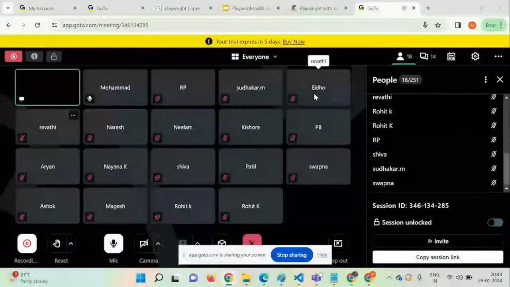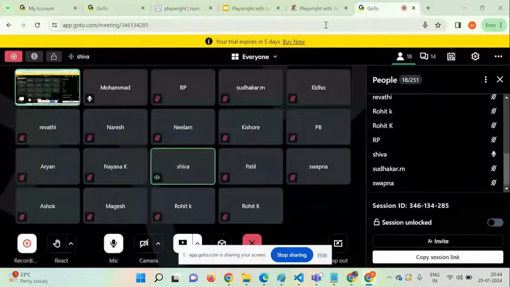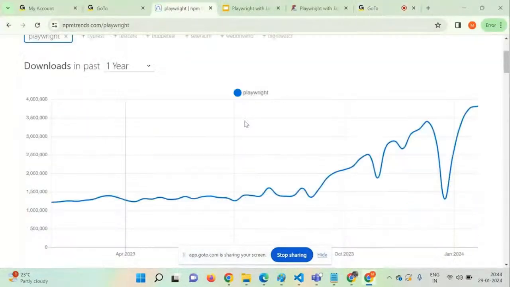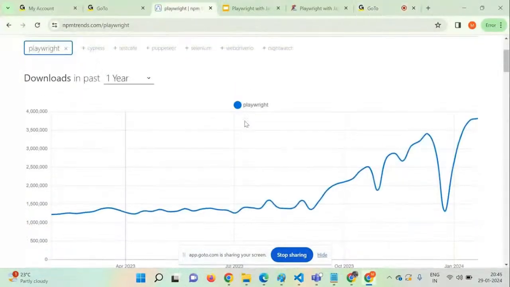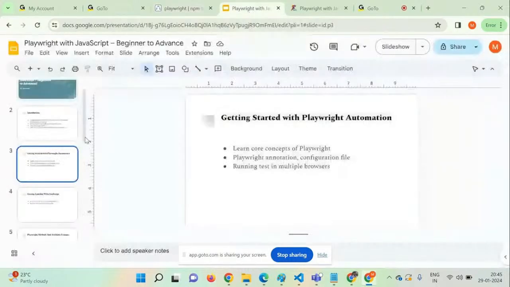Are you guys able to see my screen? Yes. Okay, thank you. So this is Playwright, the way it has been downloaded. In the last one year, this is the number of downloads. It's an npm package that you can download, import, and use. If I go to the presentation,